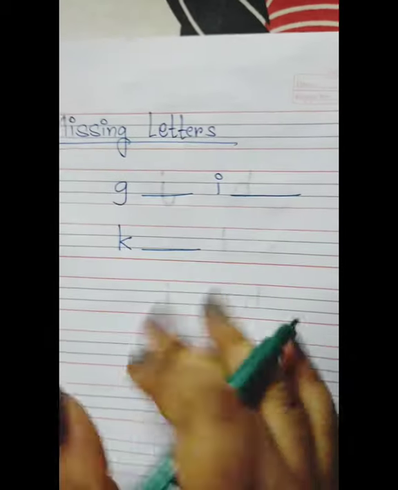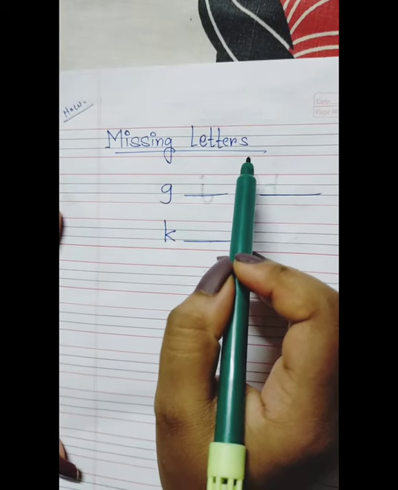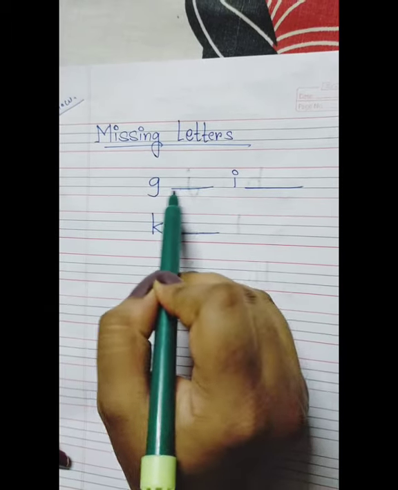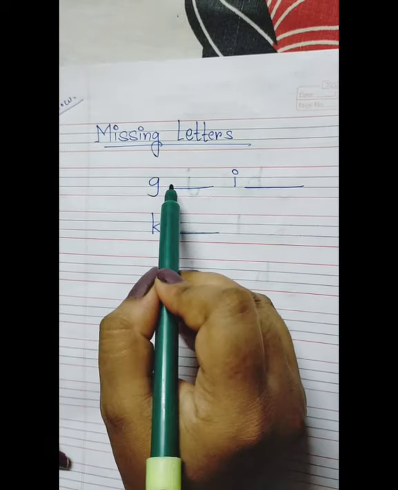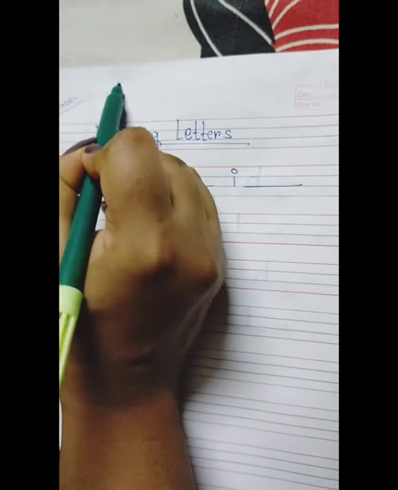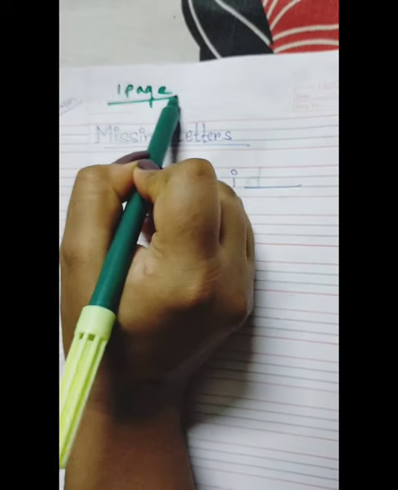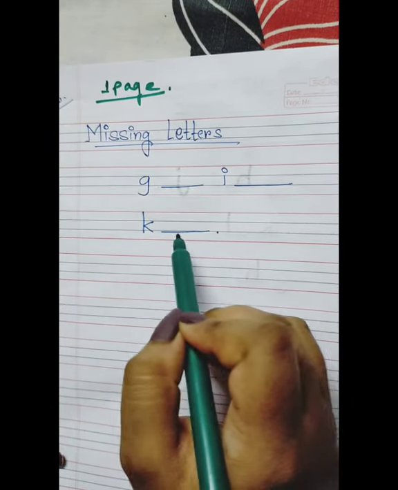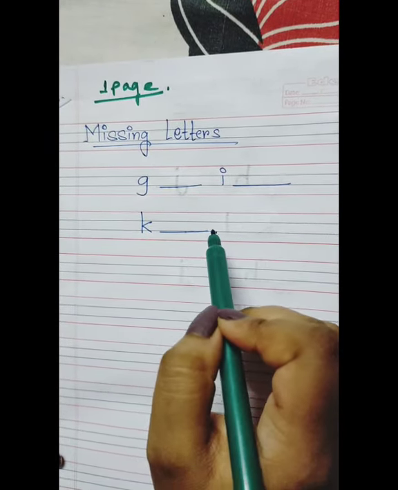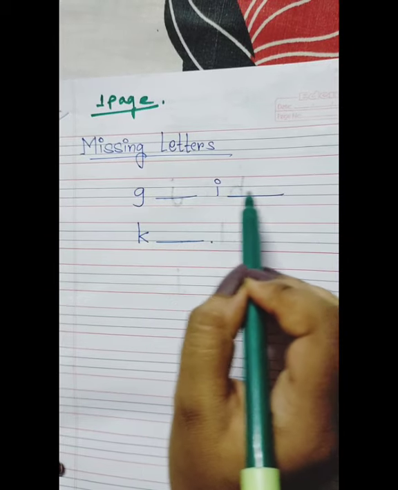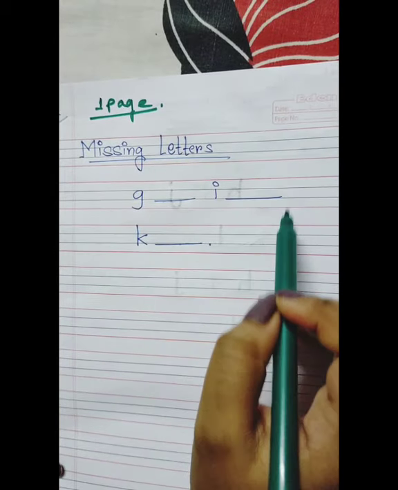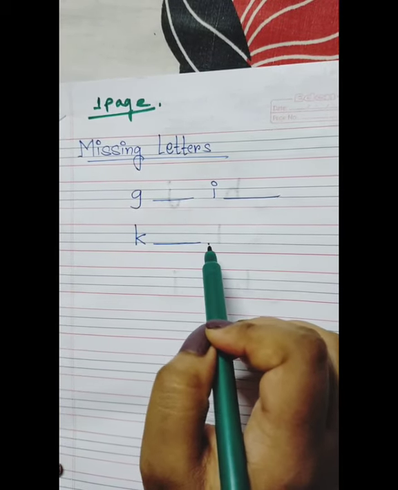See, homework. This is for the parents. I am always asking the parents to write the heading. You will write these alphabets and make gaps between them so that your kids can fulfill it. Only one page homework for them. And you will also observe whether they are getting habituated with all the letters or not. You can also jumble it. You can make a dash here then write H, or you will make a dash here then write J. Any way you can jumble, and you will see whether they are getting familiar with all the alphabets or not.